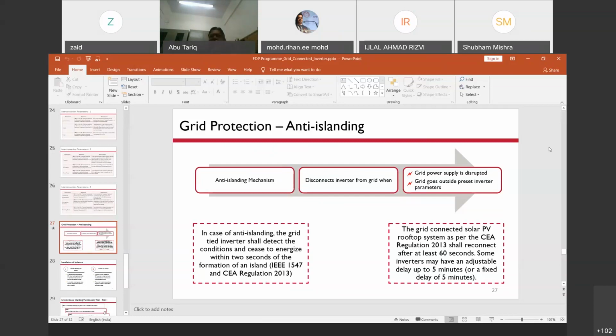For example, if you assume a situation where a large number of houses have their solar PV rooftop arrays, and each is connected to the grid, it is not possible to manually go everywhere and disconnect the supply. Even if you disconnect, somebody may come in and start connecting the supply again, which is a safety hazard for the persons doing maintenance work on the line. So that should never be allowed for safety reasons. This is what I think.